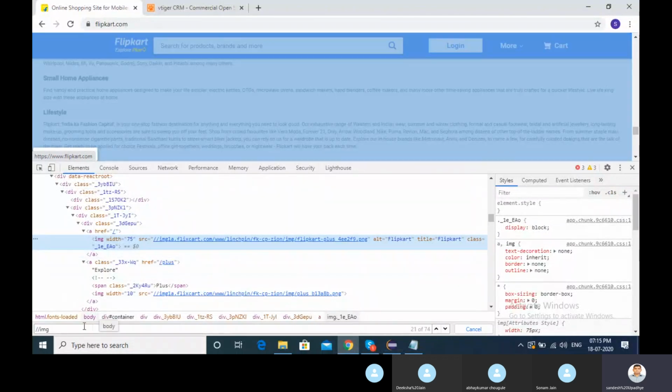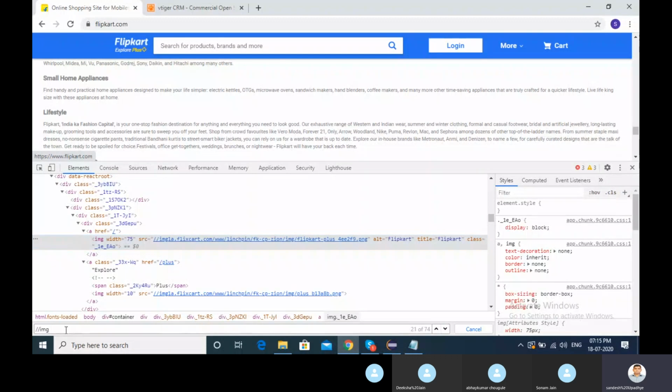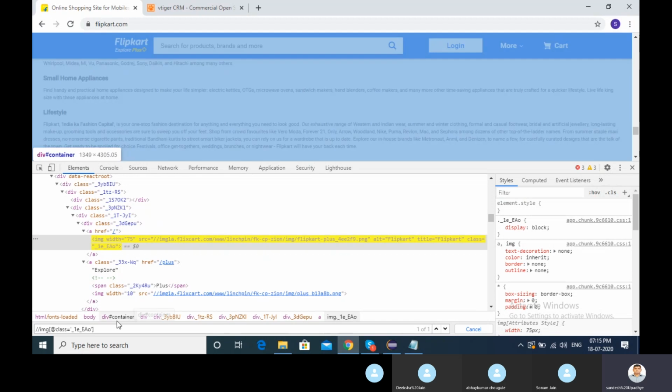What I'm trying to tell is, with the image tag, if I want to find a particular image, I can go with the class name. It's very short, right? When we have a long class name, go with other alternative options. If I provide @class like this, then put it, correct. The final or ultimate goal is that we want to find a unique value.